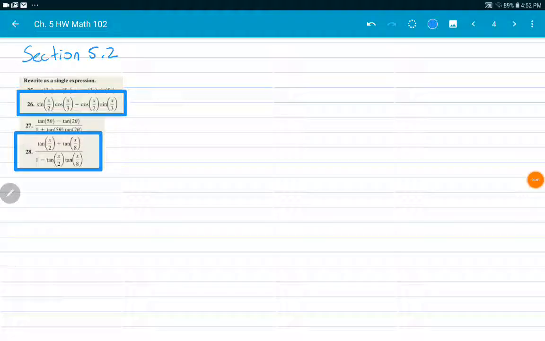In this section of 5.2, we need to rewrite these as a single expression, and both of these are expanded forms of our difference identities. So this first one here has a sine and a cosine before the minus, and a cosine and a sine after the minus, and then a minus. So that is the expanded form of the sine function for,